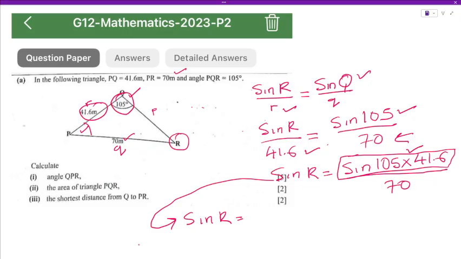That gives me 40.18251437. Remember I said as we are learning, you should make sure you have a calculator in hand, and you're also punching these values. Okay, so once you punch this sine 105 times 41.6, you should get 40.18251437. Then simply press divided by, so the answer divided by 70. Okay, that should now give you this decimal, 0.574,